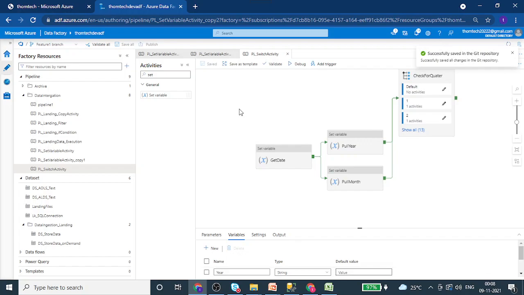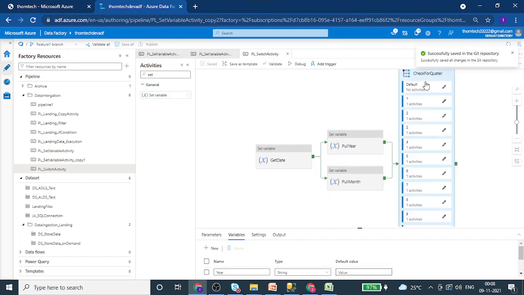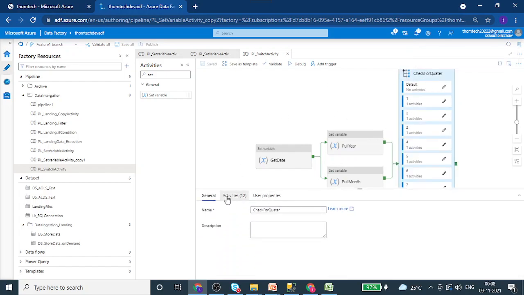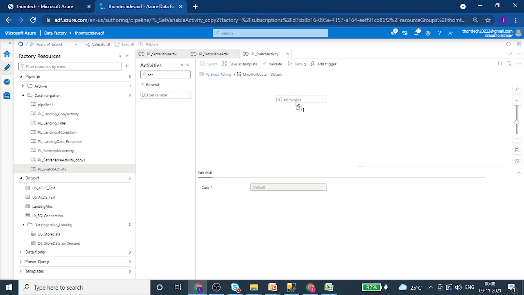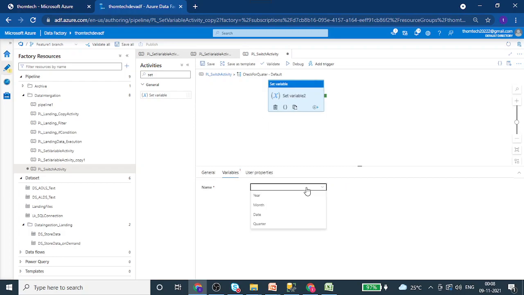Okay, that's it. Now we have an option for a default one also. So if you have some scenarios where, out of 1 to 12, we get any other value due to any reason, then we can use set variable again and put the quarter as no quarter, or give some value, so that it can be tracked for a default value.